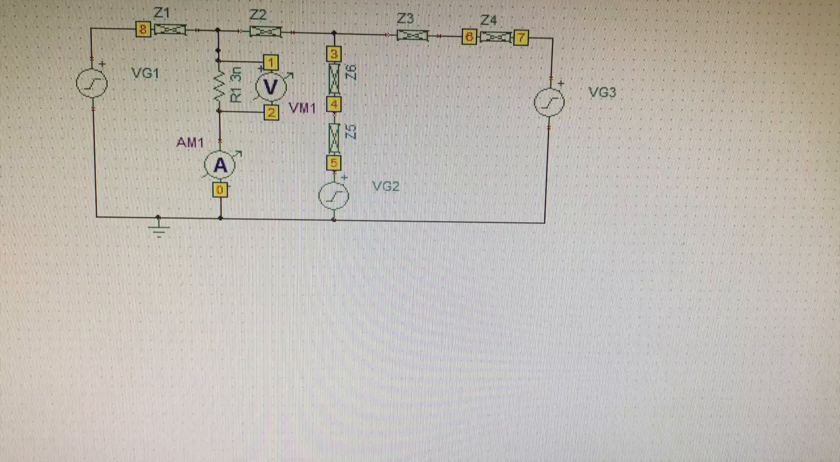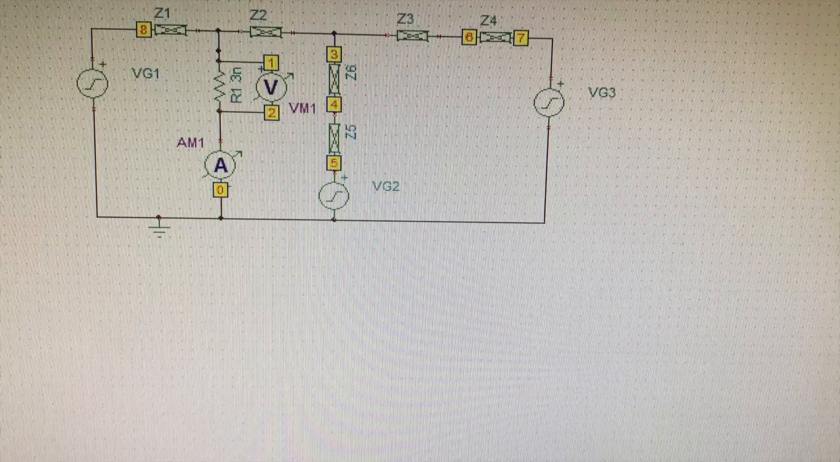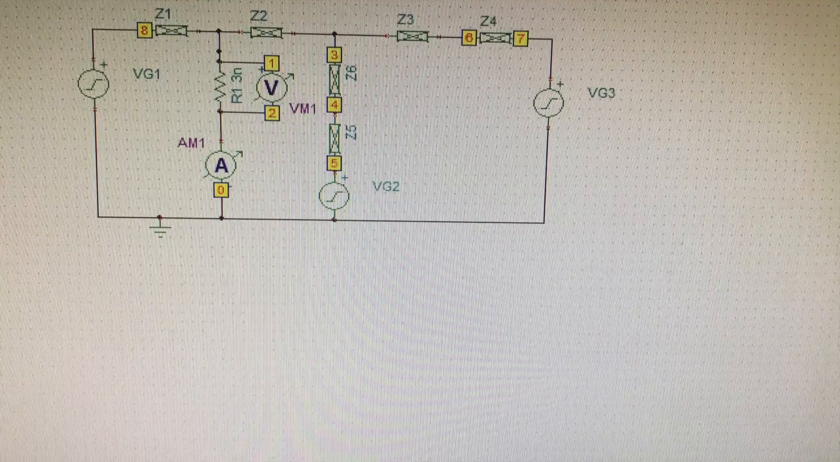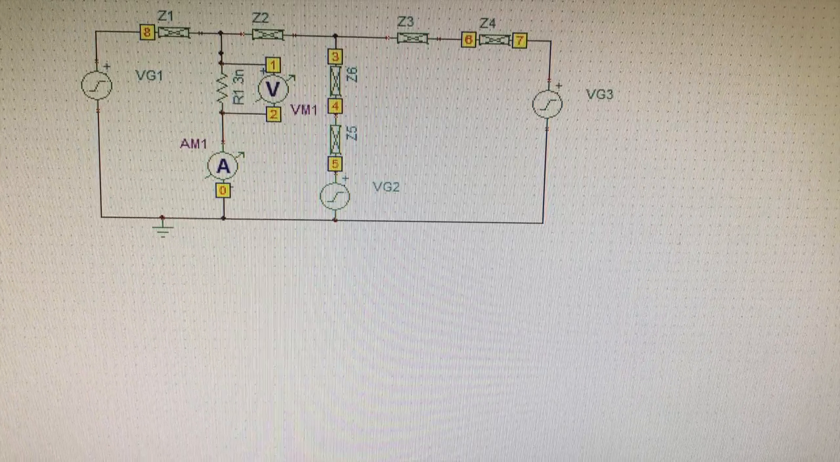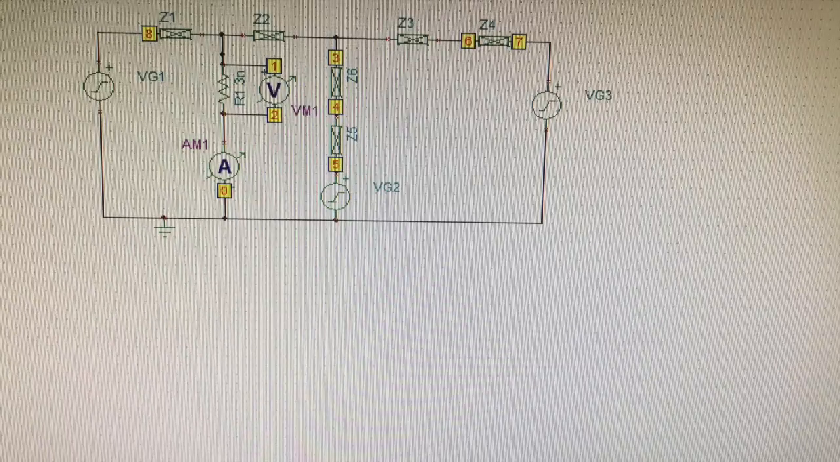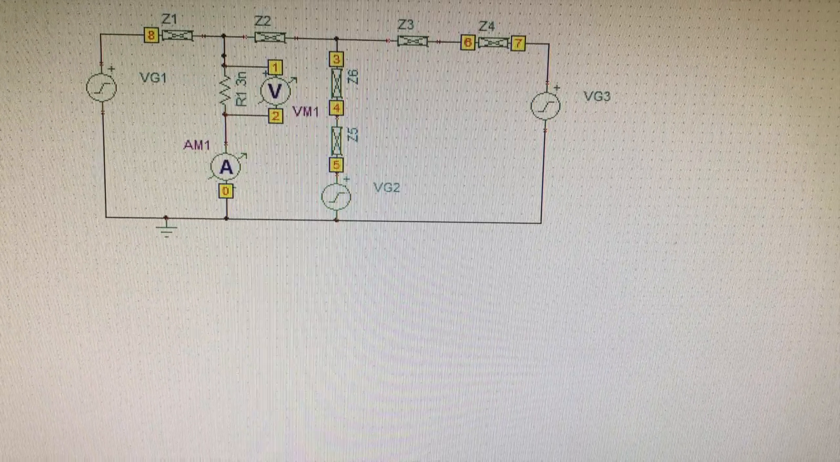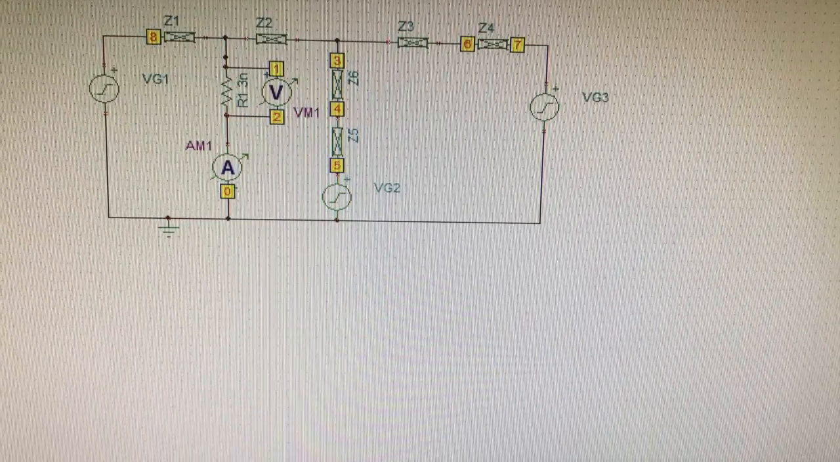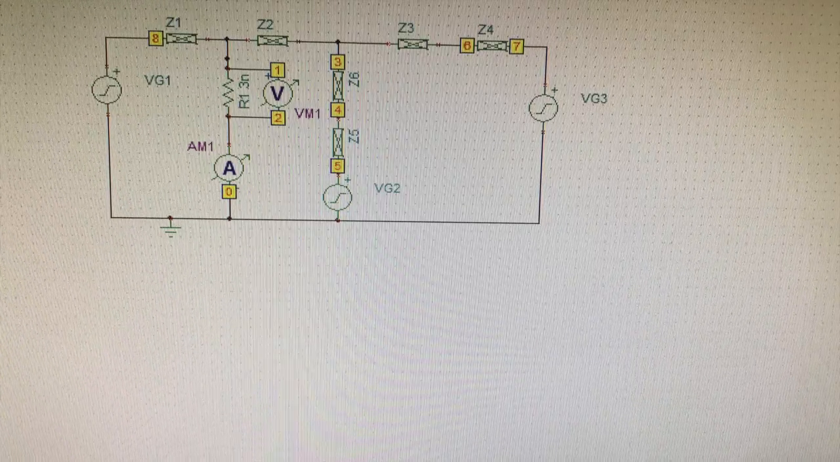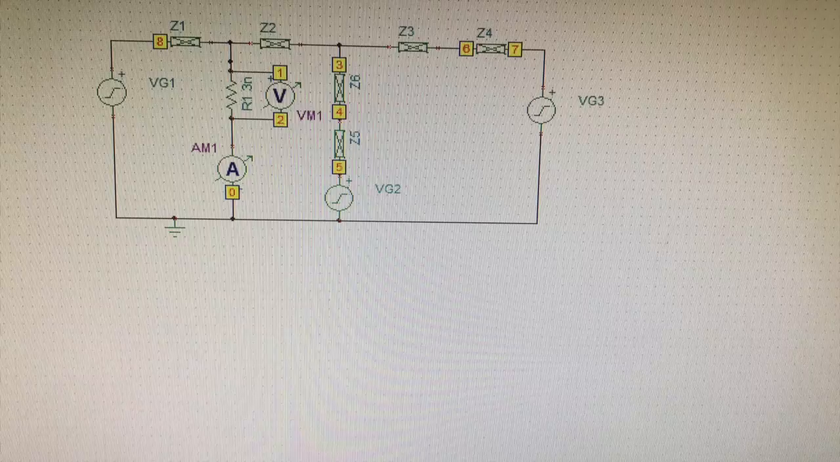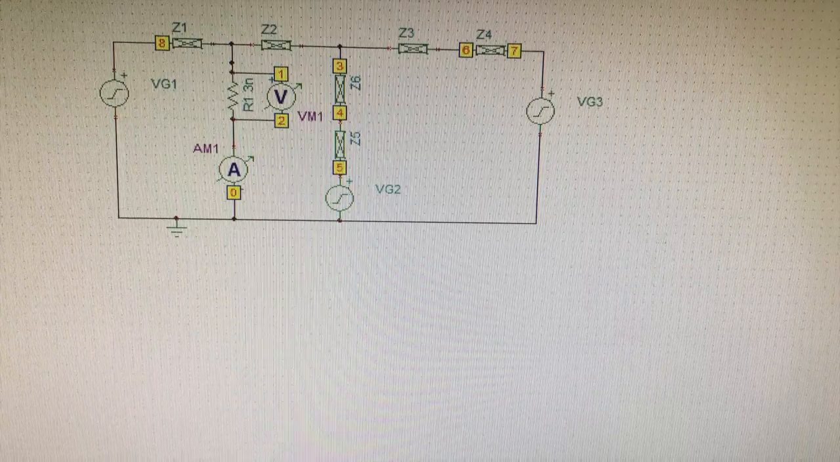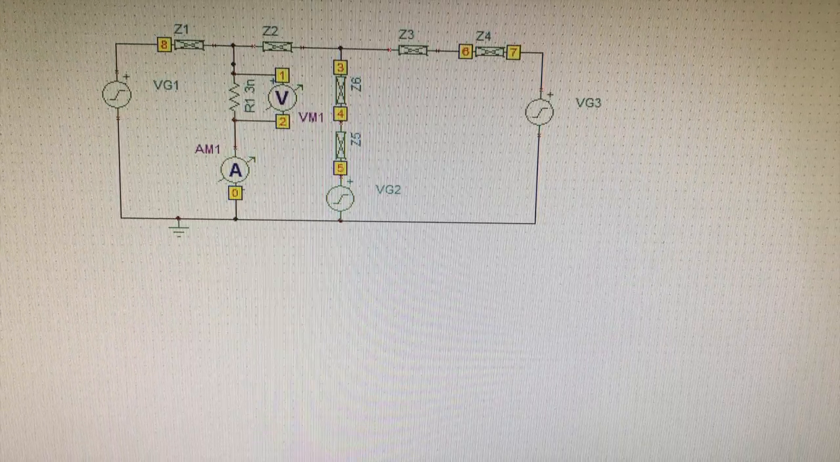So finally, the next step is we did the simulation in Tina. The simulation was very easy. The only thing that we need to do is draw the circuit with the 3 voltage sources, and the impedances with the value in per unit. We did this first simulation, and we put